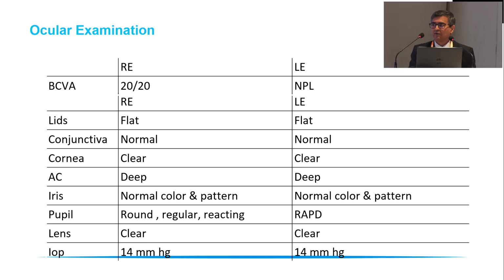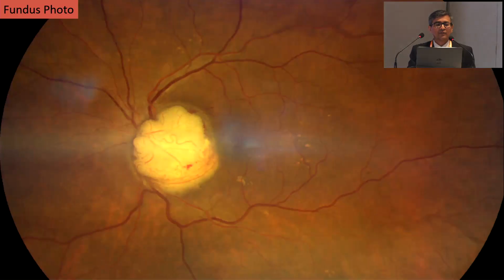Left eye visual acuity was NPL, and the rest of the anterior segment in the right eye was absolutely okay. Left eye had RAPD with normal intraocular pressures. If you go to the fundus photography, this is what the patient presented with to the clinic. You could see a large amelanotic lesion, 4 to 5 disc diameters in size, which had very irregular margins with a surrounding cuff of subretinal fluid with a few specks of intraretinal hemorrhages. On the surface of the lesion, there was no pigmentation, but you could see there was intrinsic vascularity,